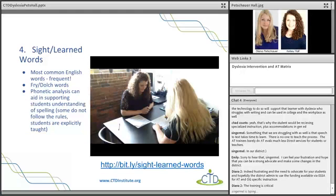Then we have sight words, learned words, however you want to call them. Frequently they come from the Fry list, the Dolch list. I use phonetic analysis to look at these words, really tearing them apart. So for example, the word "word," right? OR usually says "or," but in this one it's saying "er." So thinking about and drawing attention to that for students,